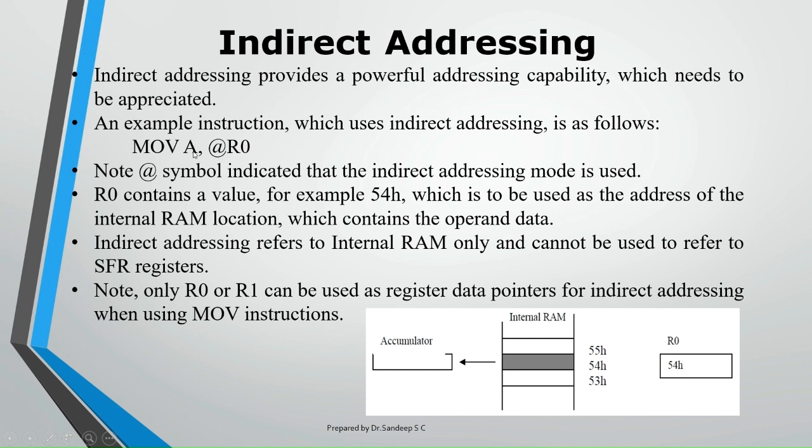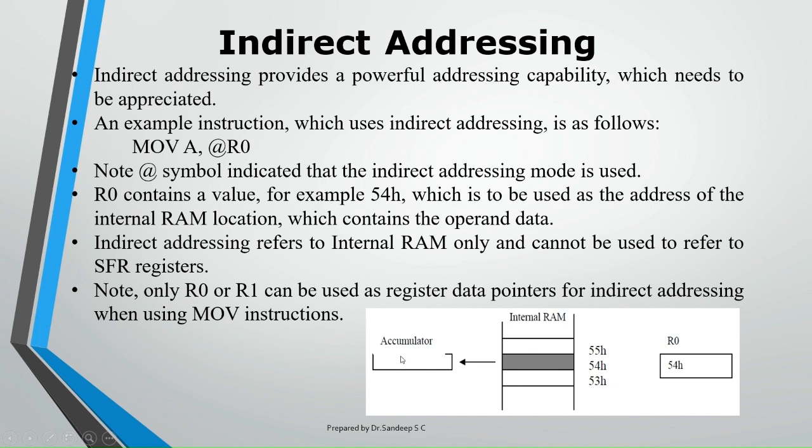Again, I'm using a MOV instruction, A comma R0, but here R0 is prefixed with an @ symbol. That means the content of R0 is an address of a memory location. If I don't give this @ symbol, the content of R0 is taken as data, and that data is directly copied to the accumulator. But now, as I'm mentioning @R0, the content of R0 should be considered as an address, then go to that address, then read the data from that memory location,